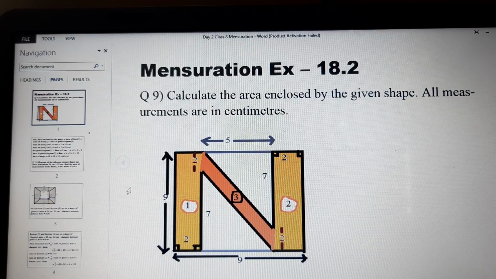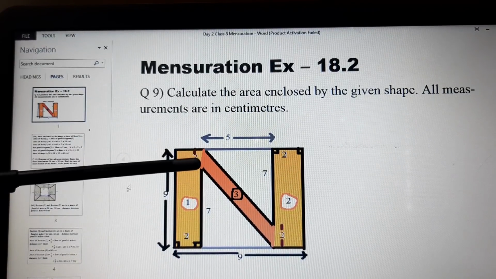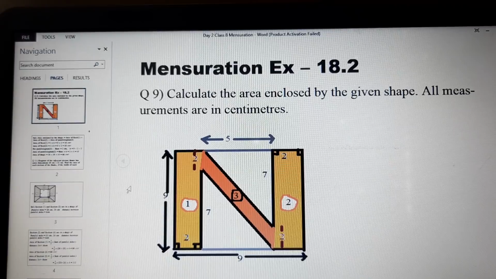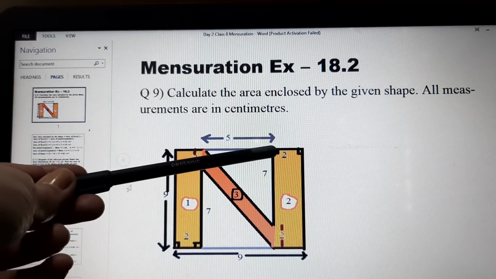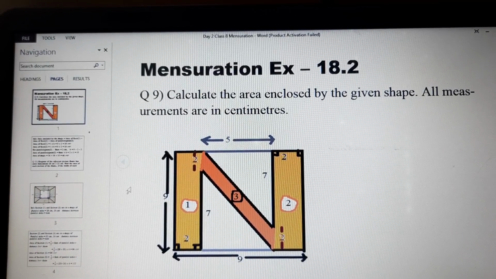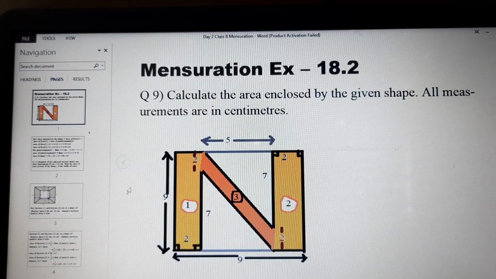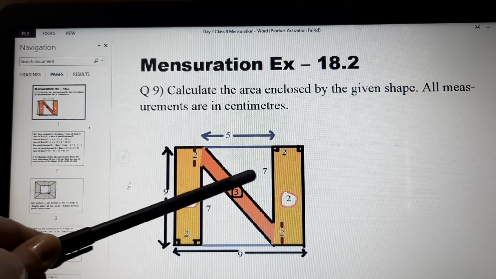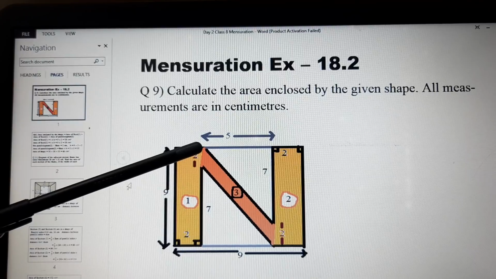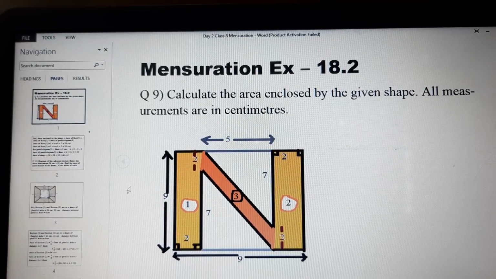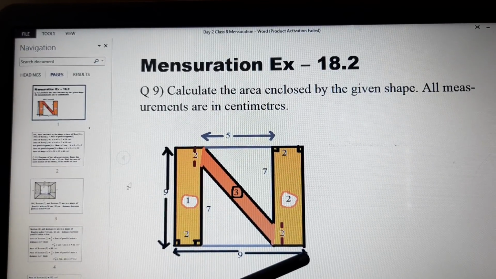Now we'll talk about the parallelogram. The area of a parallelogram is base into height. So what has to be the base? If we take this side as the base, then the height will be dropped from this vertex. Are you getting it? This gray color line which you can see will become the height of the parallelogram. If you drop a perpendicular from this line, it will come something like that, as this gray line has been drawn. So what is the measurement of the gray line? From here to here it is 9.